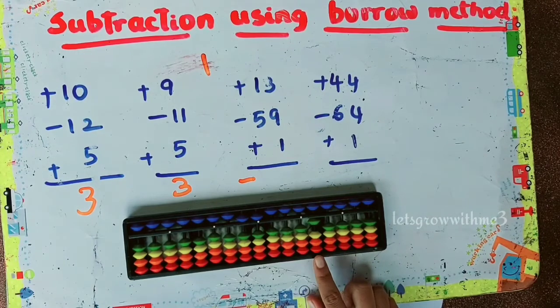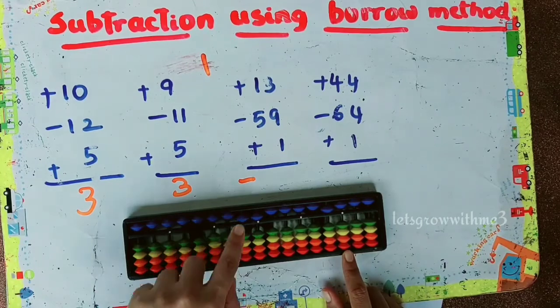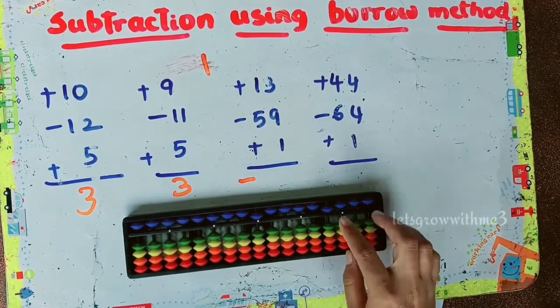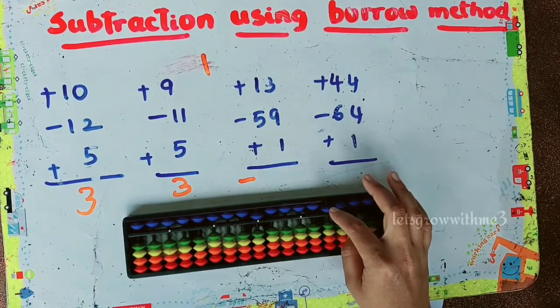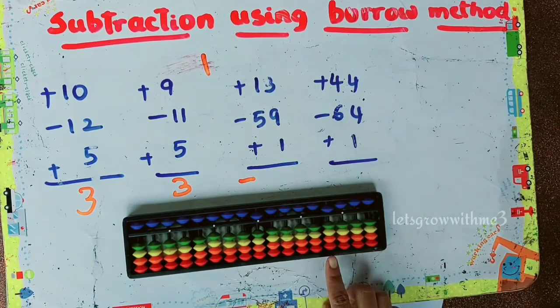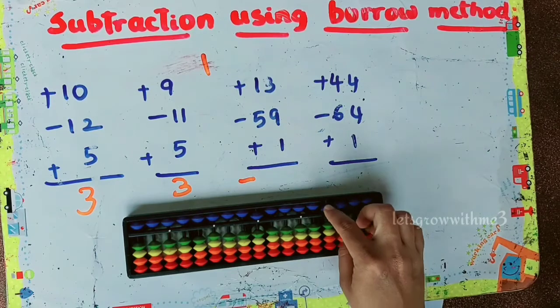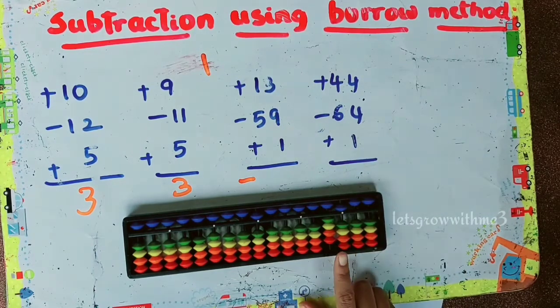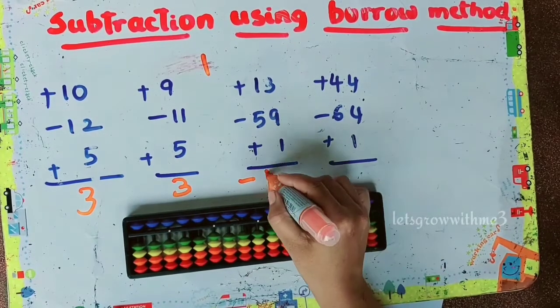So 100 minus 55 means how much? Minus 10 plus 5, again minus 10 plus 5. So how to do minus 10 here? Minus 50 plus 40 and then add 5 in ones place. Okay, so you need to subtract from 50, we need to subtract 5. So how to subtract 5? 45. So the answer is minus 45.